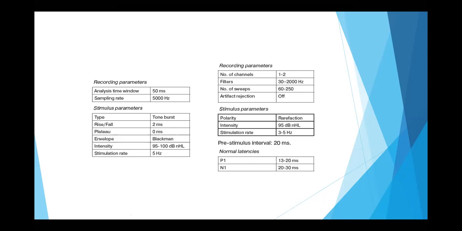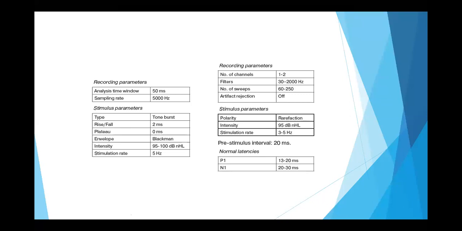We actually don't change it by default. It is black man, and the intensity which we are going to present is going to be higher. Okay, we are going to present at 90 to 100 dB nHL. So it can be 90 or 95 or 100 if you are going to record only one stimulus, and if you are going to record the threshold, we are interested in finding threshold, then we will reduce the intensity and